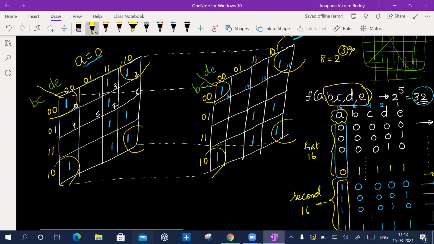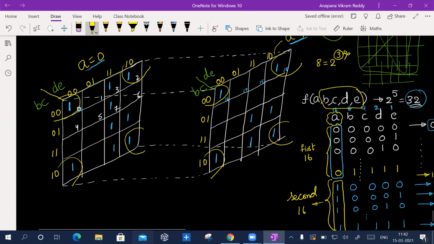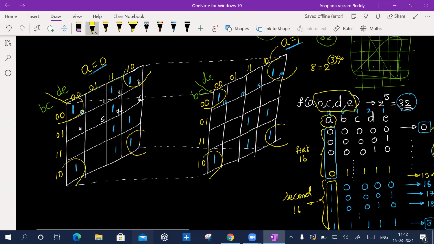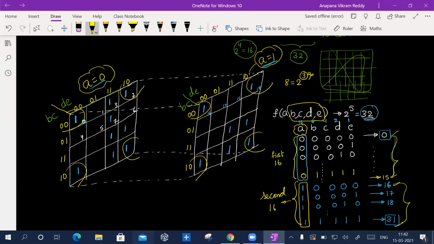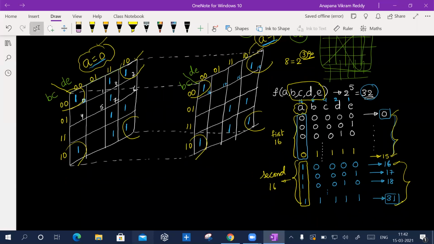Now you tell me, you are moving from A is equal to 0 to A is equal to 1. So A is changing, not common. So I don't want variable A. Agree? Yes, sir. You are going from this K map to this K map. That means A is equal to 0 to A is equal to 1. As A is changing, I don't want to include that literal in my expression. So therefore, I will remove that variable A. So out of 3, 1 variable is gone. That means I want to remove 3 variables. Mr. A is gone.